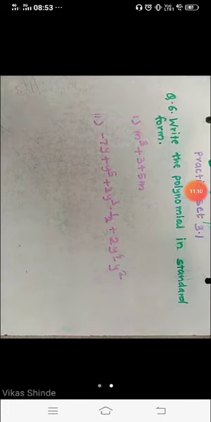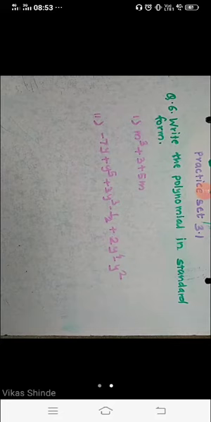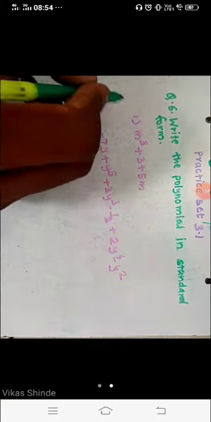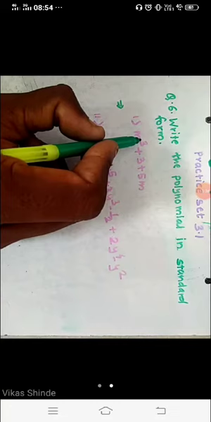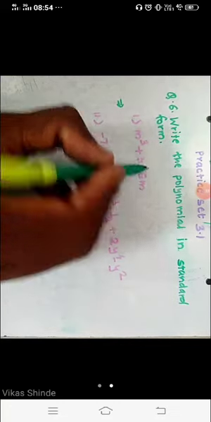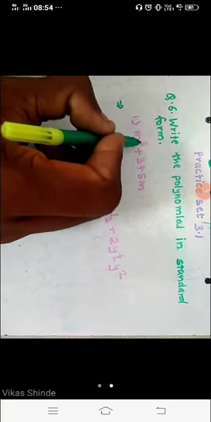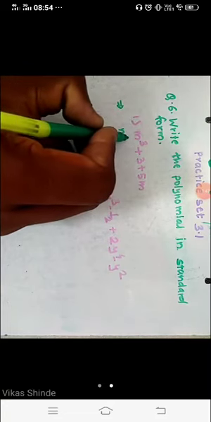Look, student, our next question here, question number 6 here. Write the polynomial in standard form. All of you know, student, standard form means we have to write that polynomial according to the ascending as well as descending order of the index here. So we are writing here in the descending order of their indices. Look here, now here, student, here is third index, here is first index, here is nothing, so we have to write this one first. We have to write first the bigger index here, m raised to 3.